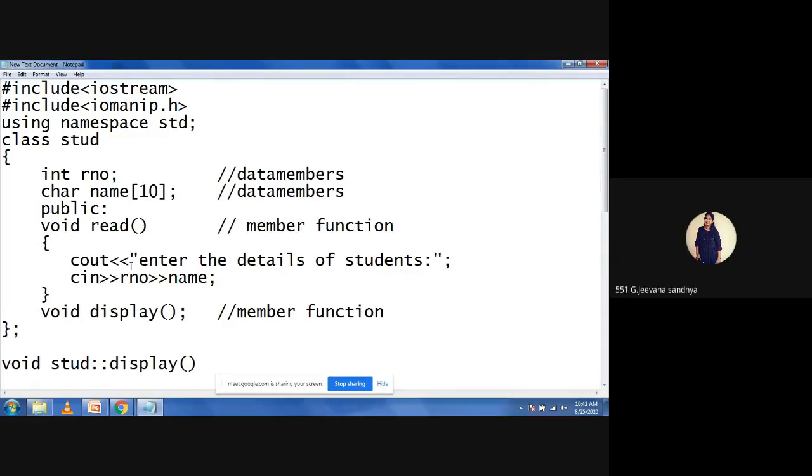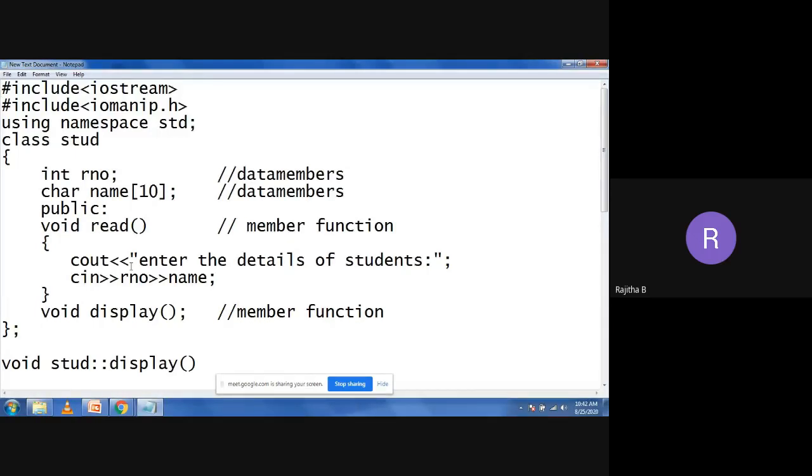Ma'am, some of my friends are unable to join the class, ma'am. Why, ma? Why? The class timing is 9:30, but I have waited in the class up to 9:45. So these are 15 minutes. Among these 15 minutes, you cannot join the class? No. So it is not an exception case.